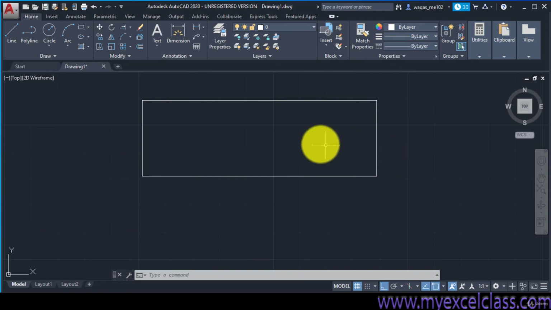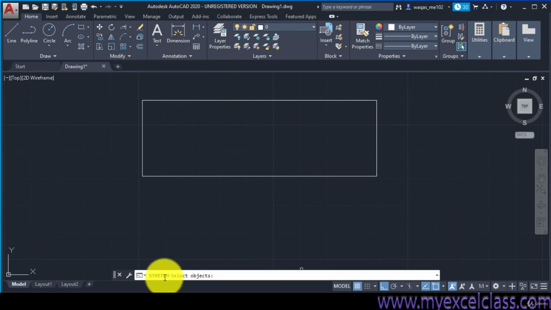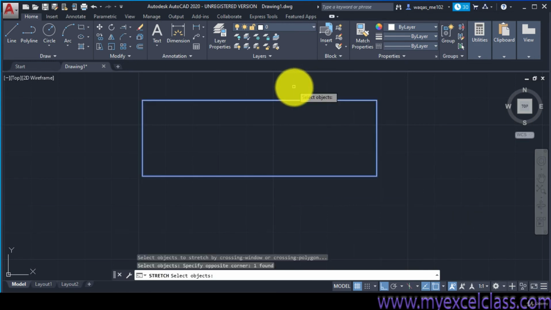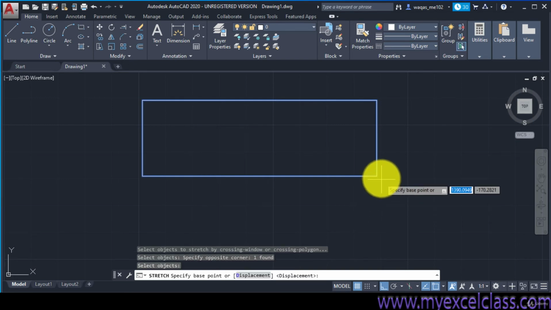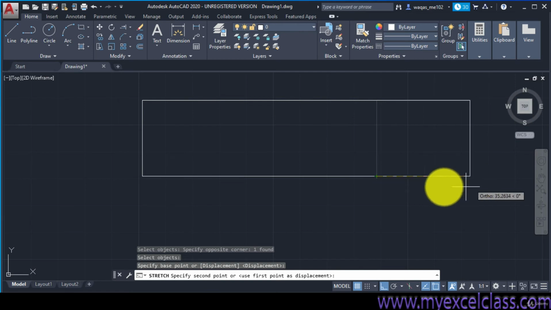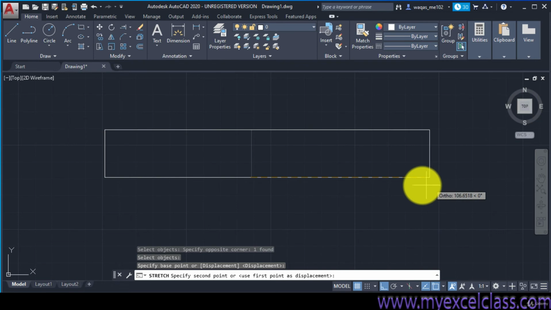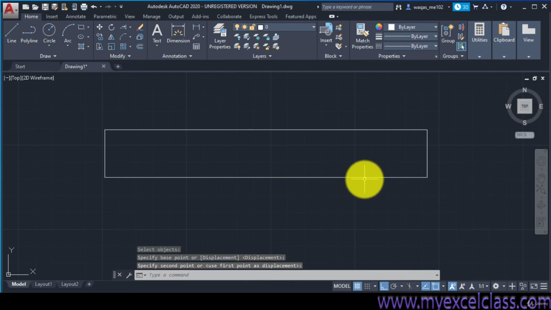So I will click on the stretch command, select object, this one is the object, click enter, specify the base point, and you can see you can stretch it.